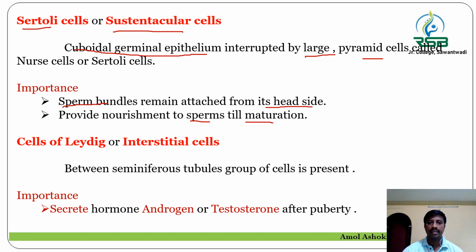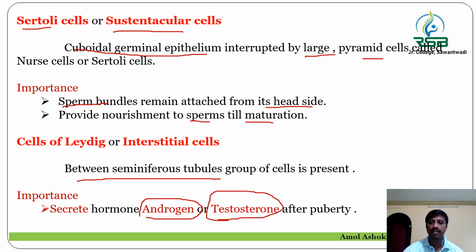Then the next part, that is the cells of Leydig or interstitial cells. The cells of Leydig are present in between the seminiferous tubules. They are a group of cells and play a very significant role, as they secrete the hormone androgen or testosterone, which develops after puberty in men. So it is all about the